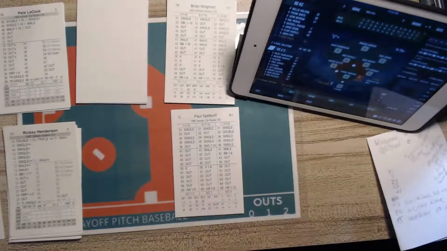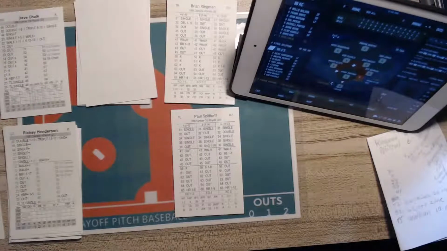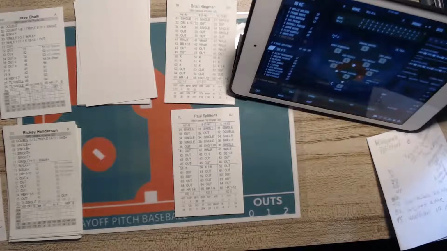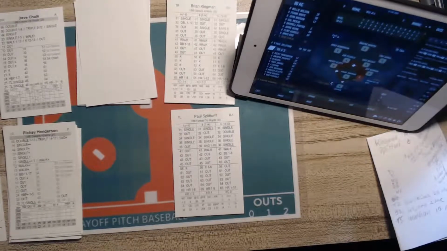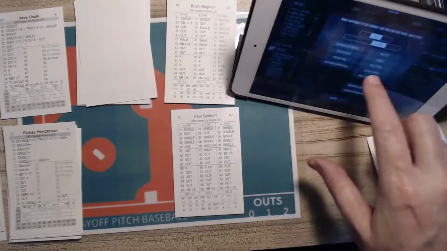All right, Dave Chalk with one out, runner on first, and Chalk is not a really good hit and run guy, so we're going to avoid that. Just swing away with Chalk. That's a 55. Oh, that's going to be trouble. A 55 is going to be a potential triple splits. We're looking at rolling a D20, and we got a 6. That's going to be a ball driven in the gap that's going to split the outfielders and roll to the wall. Amos Otis, who's fast, is going to hold. With 2 outs, we would have had an assist. We're going to have second and third here. Say Dave Chalk double.